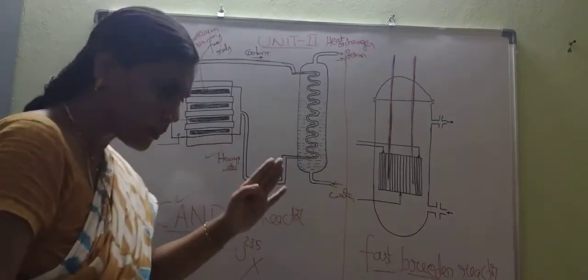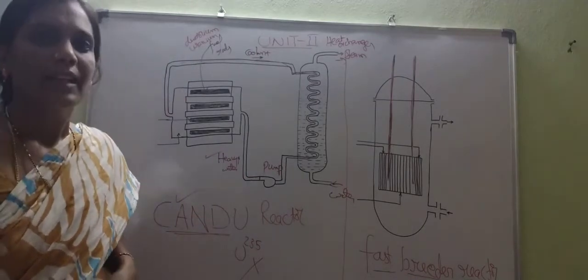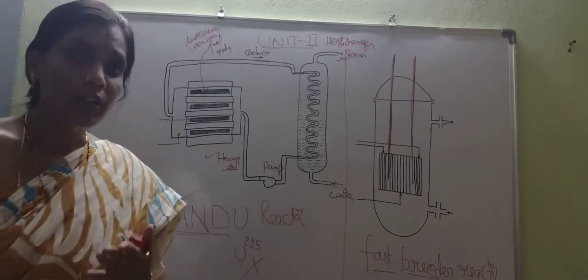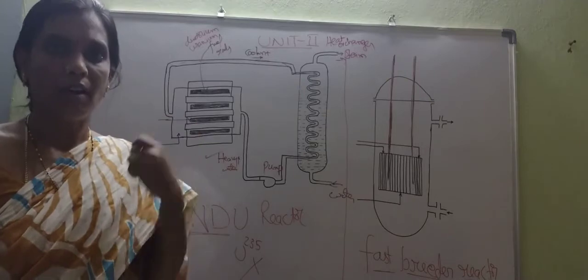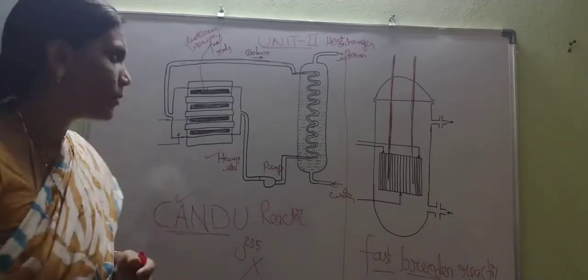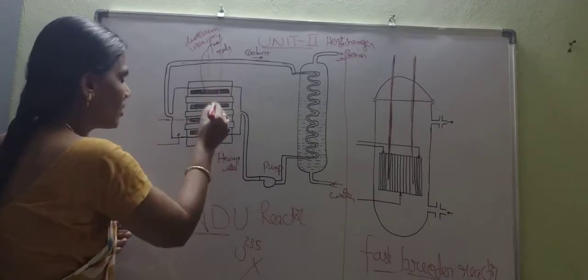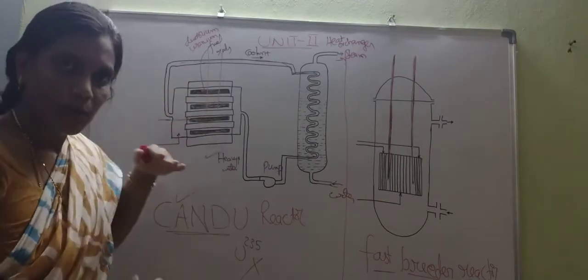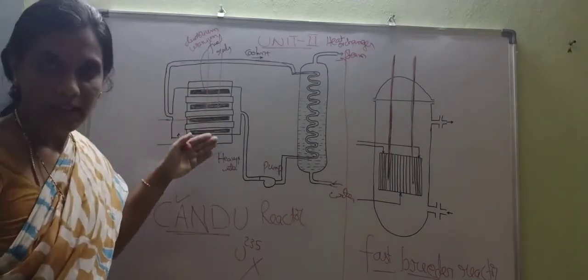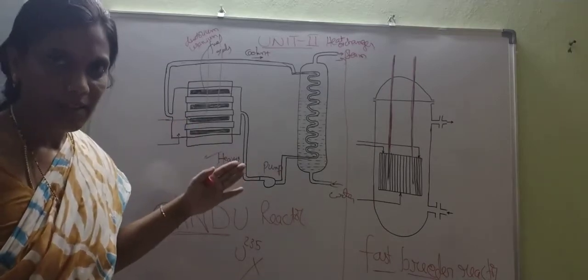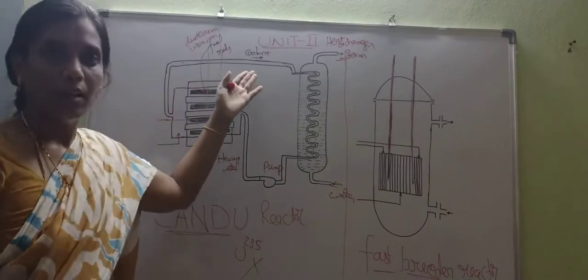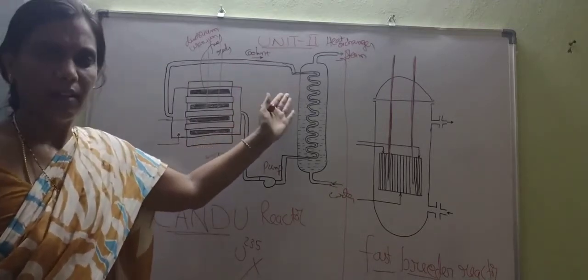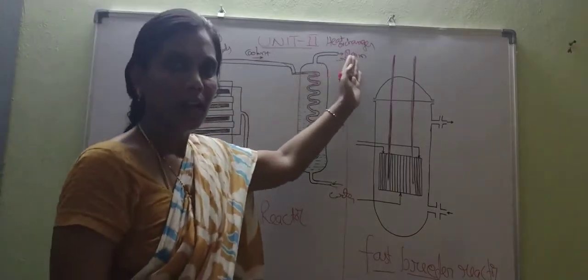The basic principle of operation of any reactor is the controlled fission chain reaction. How can you control it? By means of control rods. So here also we have control rods. When the control rods are pulled out, more reaction goes on inside the nuclear reactor, so more energy and heat are released, the coolant gets more heated and gives up the heat here, and more vapor comes out from the heat exchanger.